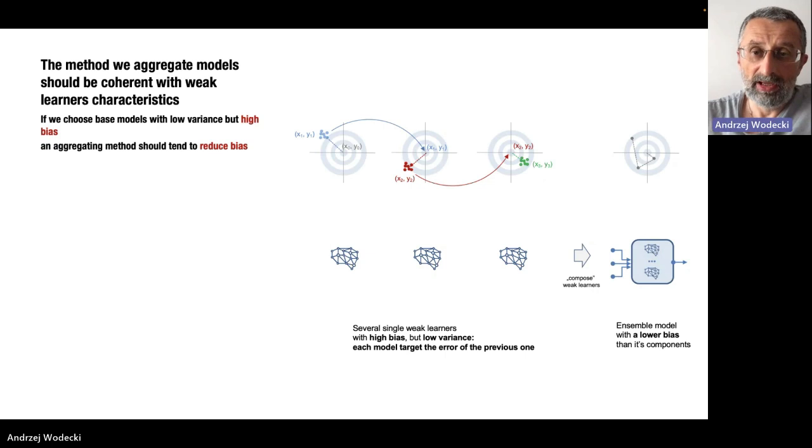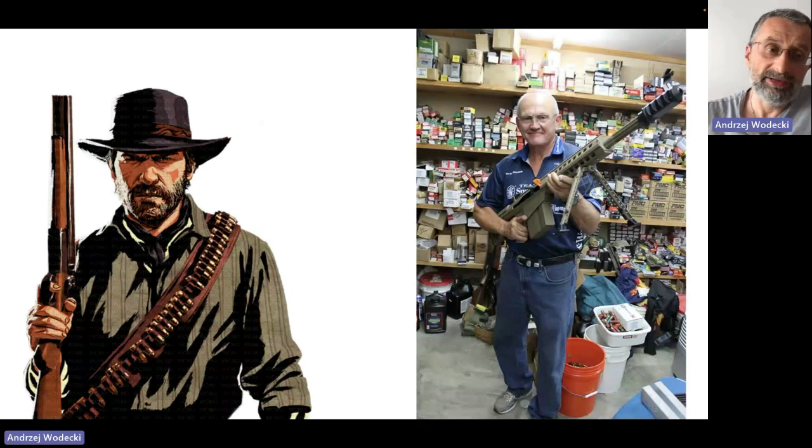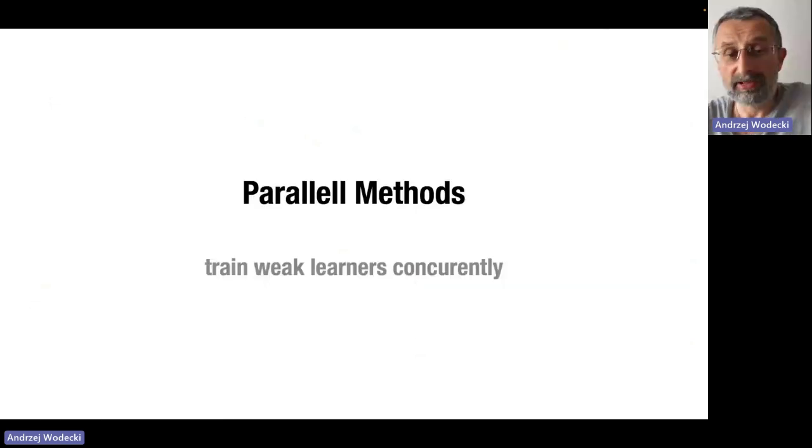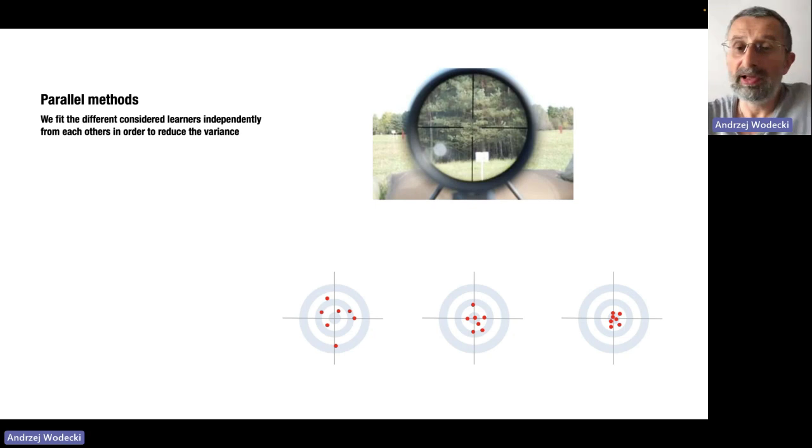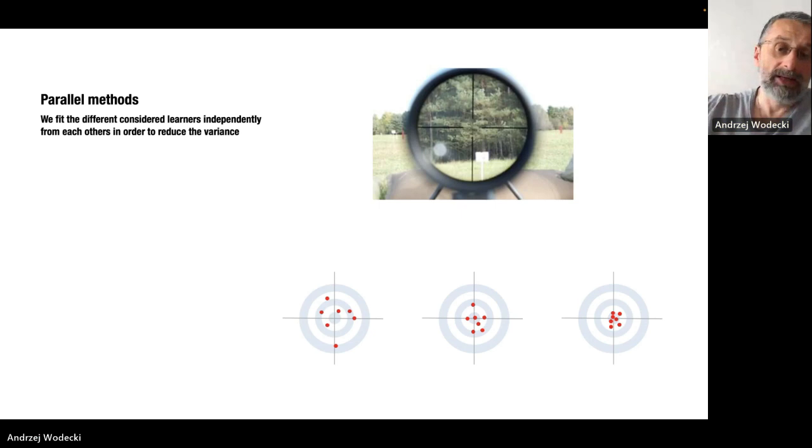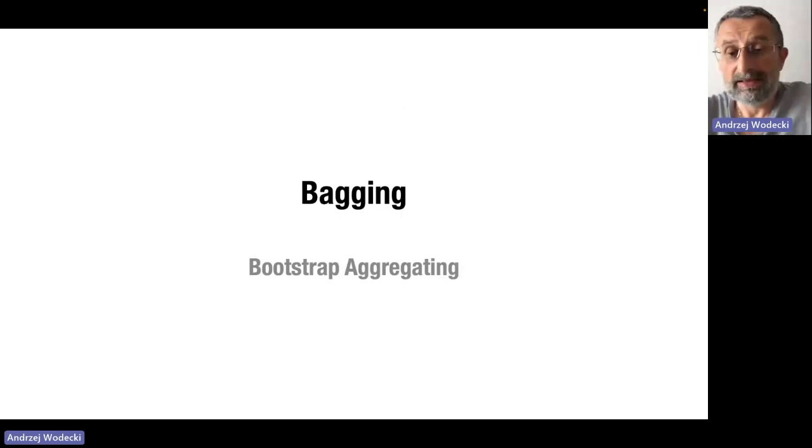Thank you. So, two types of guys. This guy has a high bias and low variance, and this guy has a low bias but high variance, a shaky hand. So let's try with parallel methods and train weak learners concurrently. This is the method applied to the guy on the right hand side. Our goal is to reduce the shakiness of the hand. At the very beginning we have quite a shaky hand, and later on we stabilize that. So we reduce variance. The first method is called bagging,